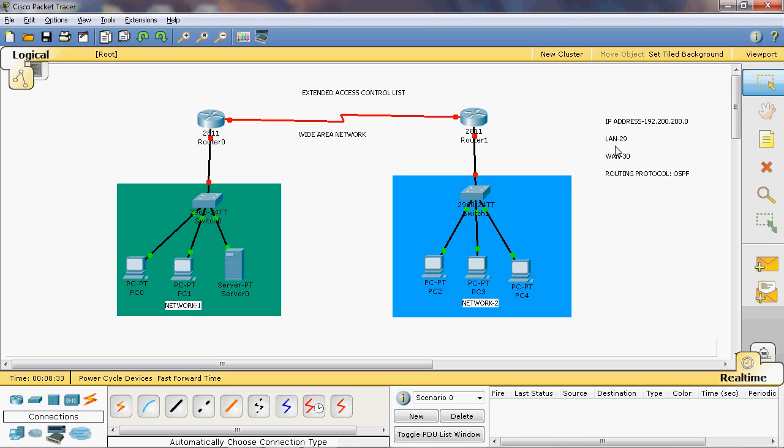192.200.200.0, and in the local area network we use the subnet mask 29, and in the wide area network we use the subnet mask 30. Here we use the routing protocol OSPF. Okay, in the local area network the CIDR value is 29, so the subnet mask is